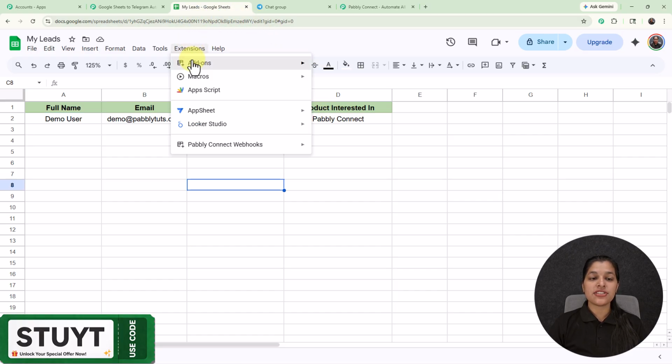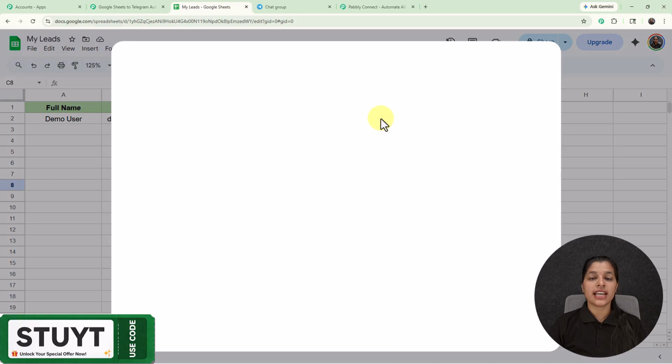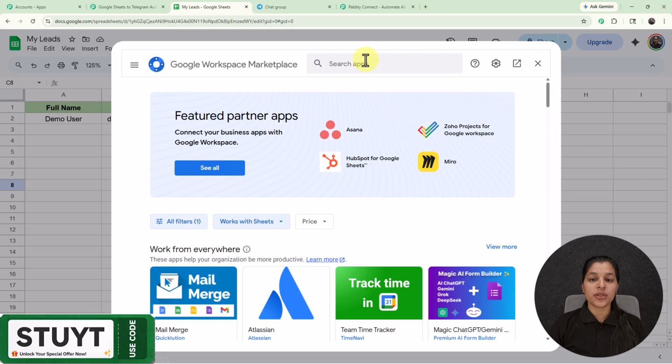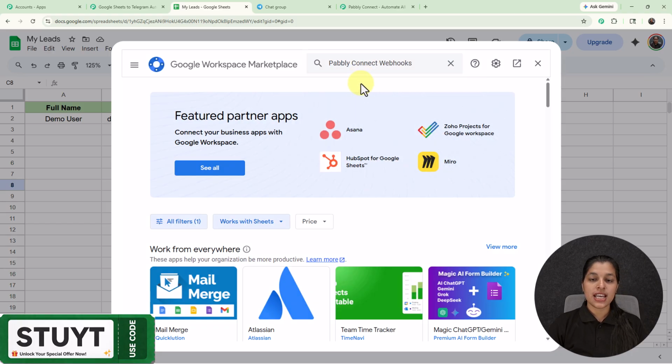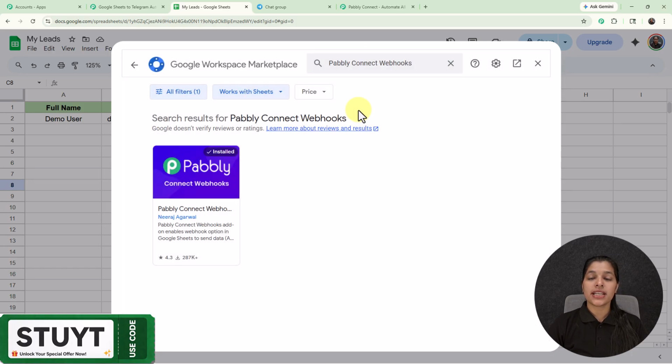And here on the extensions we are getting this option for add-ons, and here on the add-ons we are getting this option for get add-ons, and you will land on the Google Workspace Marketplace where you have to search for the app that is Pabbly Connect Webhook. So now let me search for it, and right here you can see that I'm getting this app which is